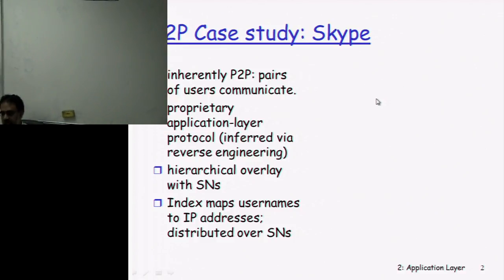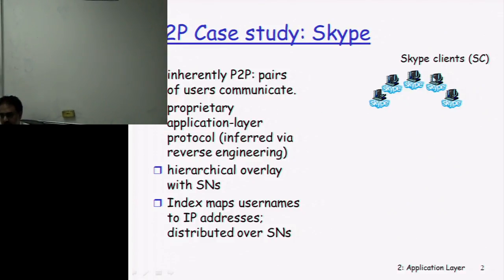It is basically these are your Skype clients here, SC, Skype clients. They communicate inherently in point-to-point, in pairs of users communicating with each other. Definitely this Skype client needs another Skype client to start its communication with it. They have a proprietary application layer protocol, which they inferred via reverse engineering, and hierarchical overlays with